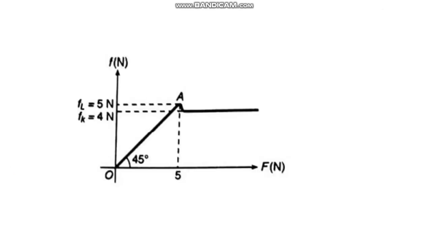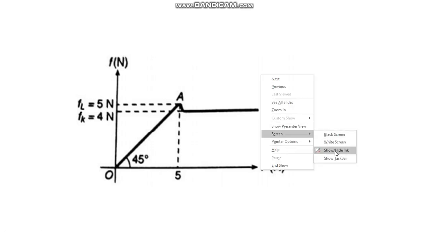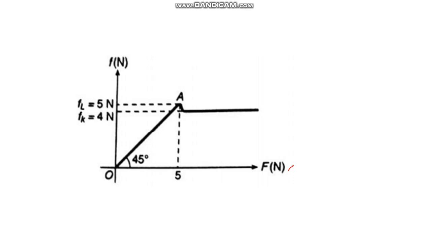Let us try to understand this graphically. We have seen this frictional value when there was 0 force. This is the external force and this is the friction developed. So when there is no force, there is no friction. When you increase the force, the friction increased. It went up to a higher value of 5 Newton in the case of static. When the object started to move, it fell from 5 Newton to 4 Newton. There is a drop and then it was a steady 4 Newton. This is how we have to analyze the graph, and this is the typical graph for friction versus external force.